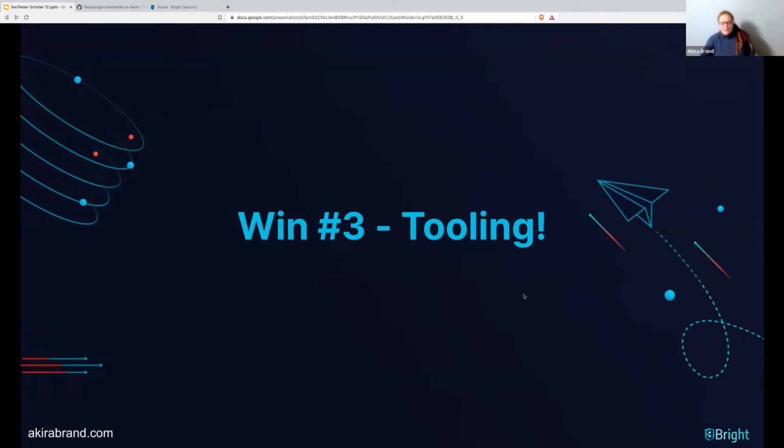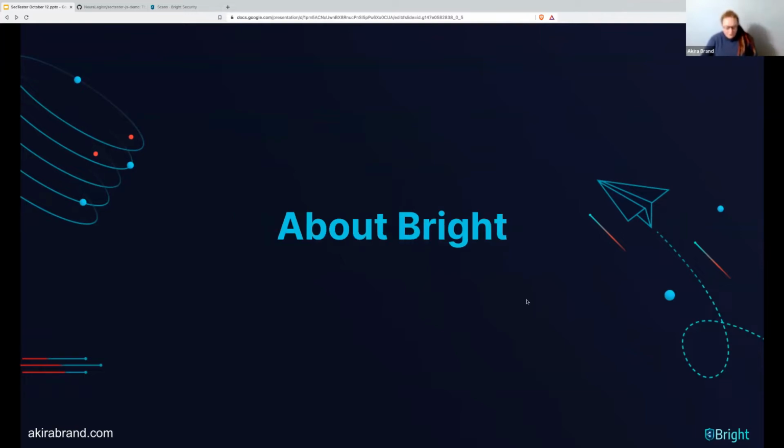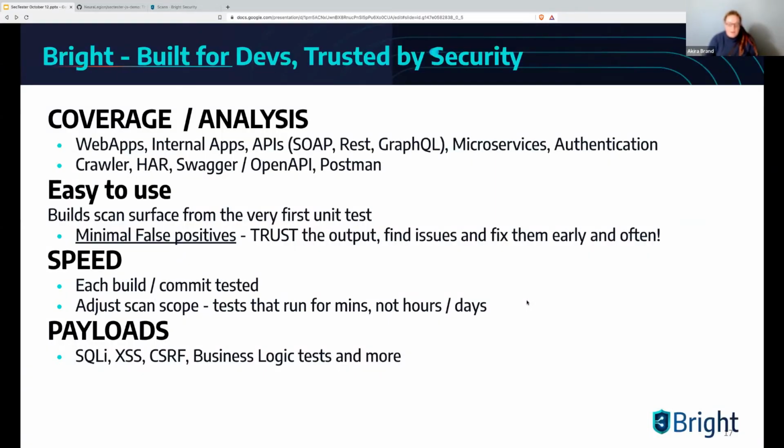So let's talk about win number 3, tooling. This is the tool that we're going to use. It's from our team at Bright Security. And I want to talk a little bit about Bright in general, so you know who we are. Like I said, Bright is a DAST. We stand for Dynamic Application Security Testing Tool. And we test your application from the outside in. I'm only repeating this because this might be unfamiliar to some of us. This is called black box testing. We don't actually look at your code. We look at the running application and test it from the outside in,